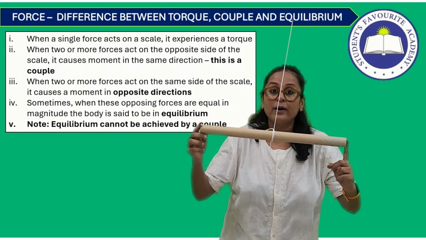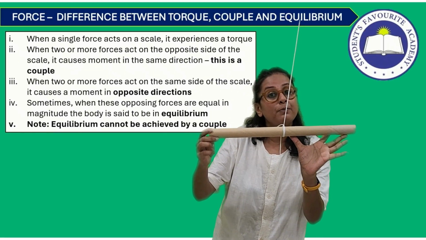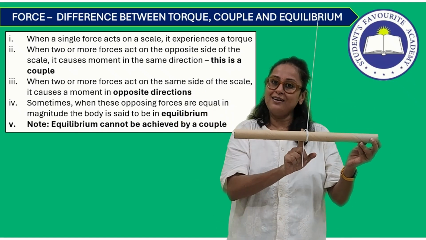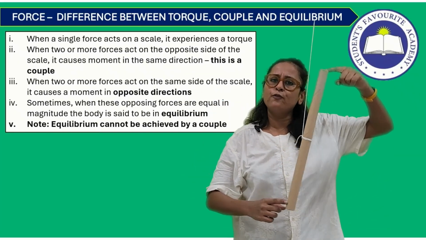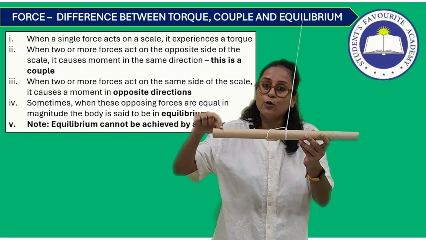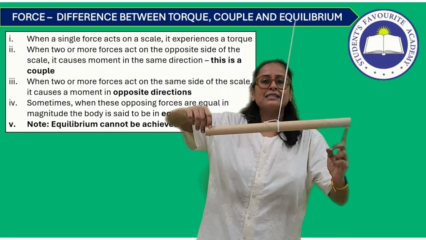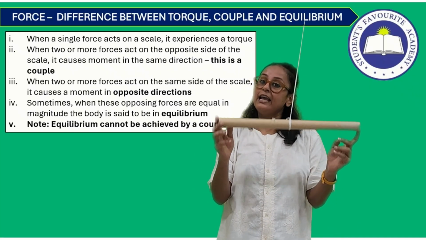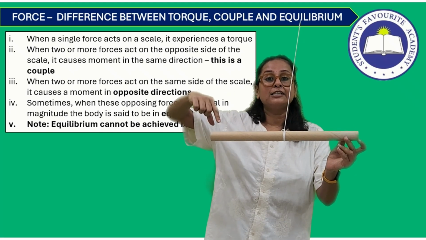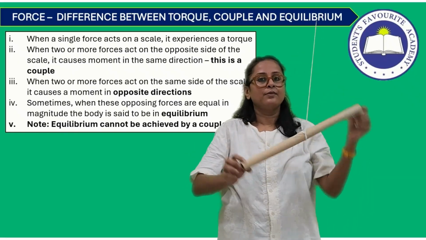So this is causing a clockwise motion, which is a clockwise moment, which will be equal to the force into the distance from the pivot. This is also causing a clockwise motion, which will be equal to the force into the distance from the pivoted point. So together, when two forces act about any line, on the opposite direction, this is acting upward, this is acting downward, and they have the same magnitude. Let me repeat it once again. Two forces acting in the opposite direction of the fixed pivot of equal magnitude causes clockwise motion, or let's say